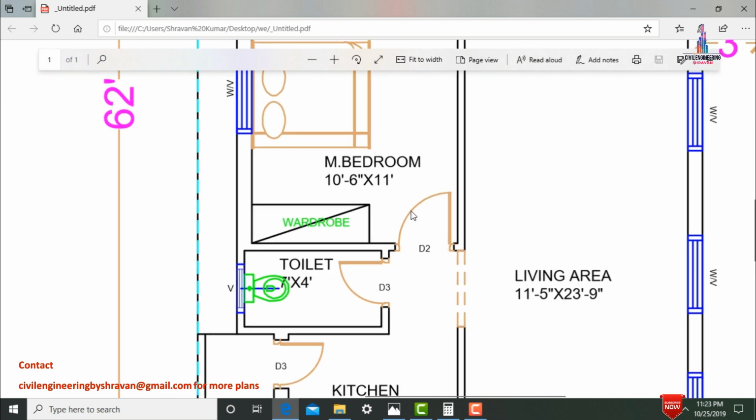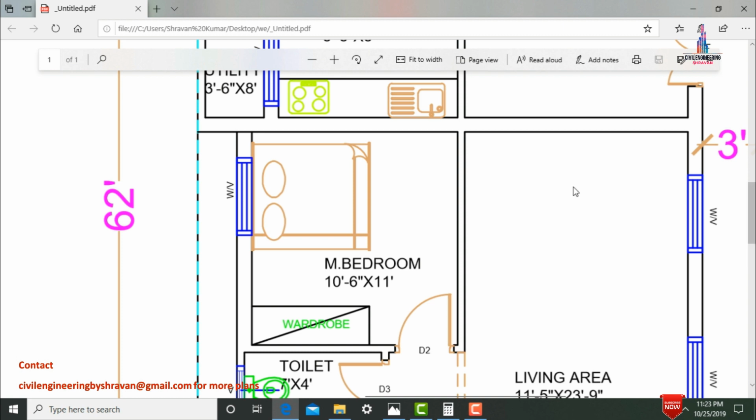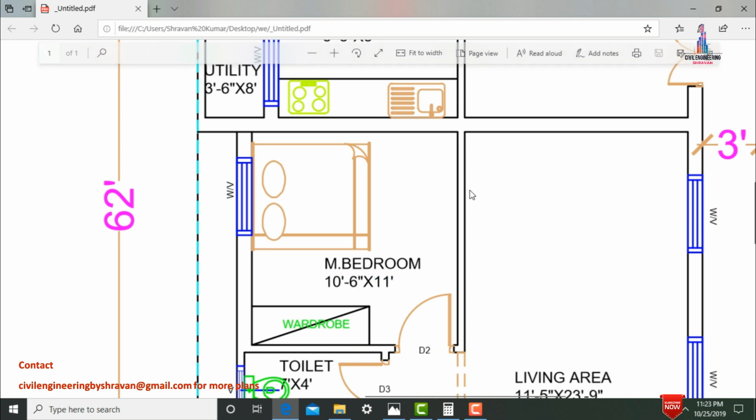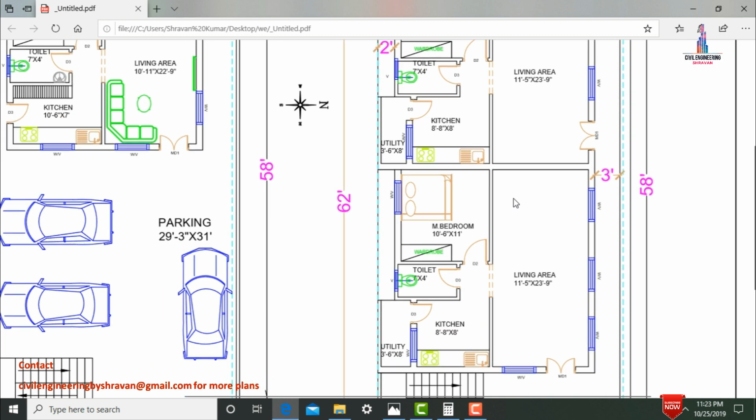Through this respective opening we are entering into the main bedroom. So this is the main bedroom dimensions for this respective portion, which is consisting of 10 feet 6 inches in x direction distance and 11 inches in vertical direction distance. And for this respective first portion it will be consisting of 3 windows in north facing direction. One window is there in east facing direction, as well as 2 windows will be provided as per the plan for the respective south facing direction, and one ventilation will be provided for the respective house in south facing direction.